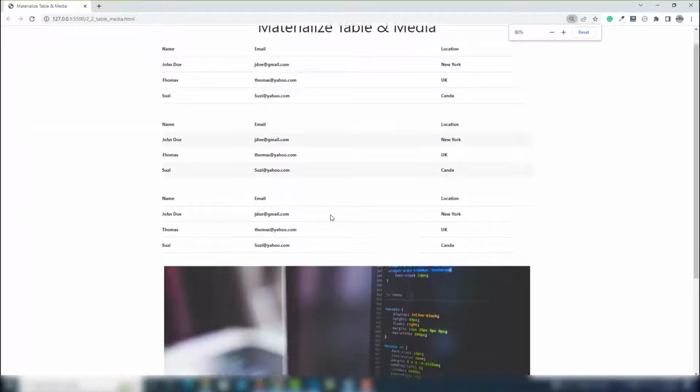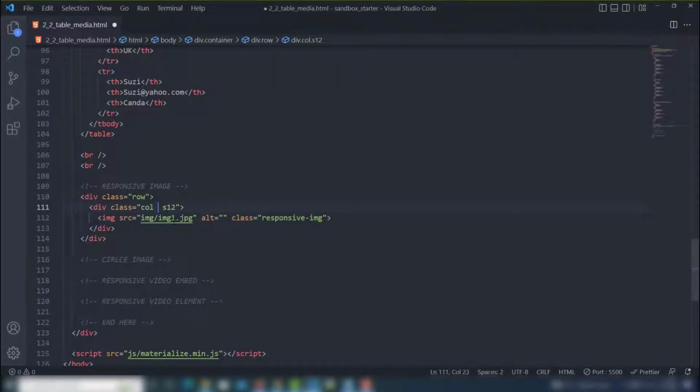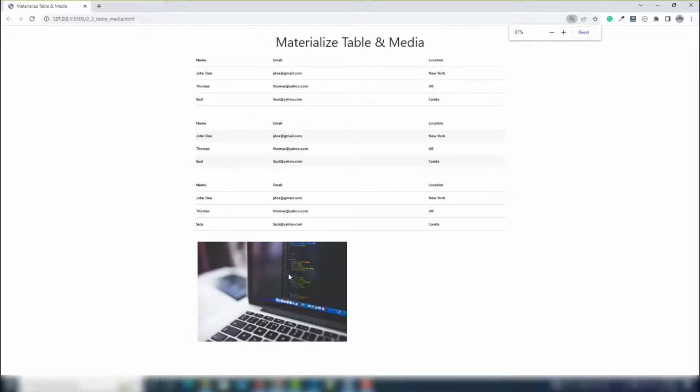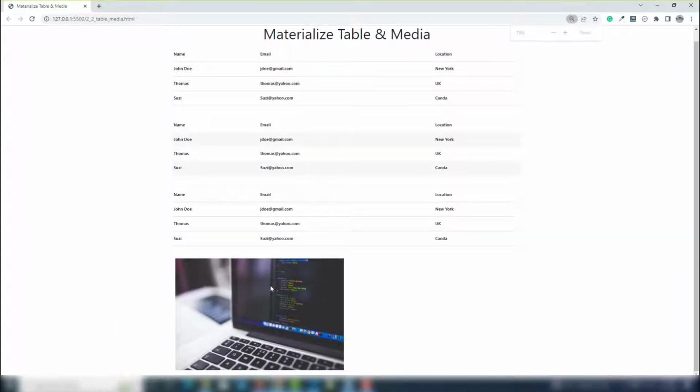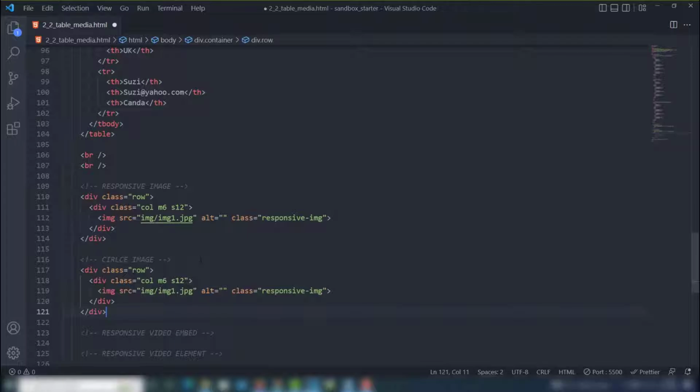As you can see, if you decrease the size of the column, for example, I will use m6 cell, and it will display in the normal size, right? Then we're gonna discuss all about the Materialize image in a circle. You just need to use the same classes, and you need to add one more class after responsive image, circle. So let's see,